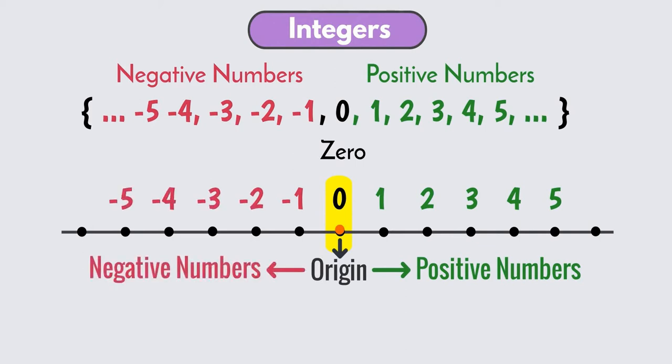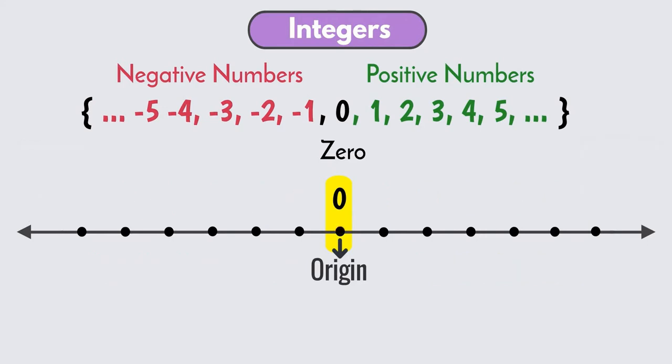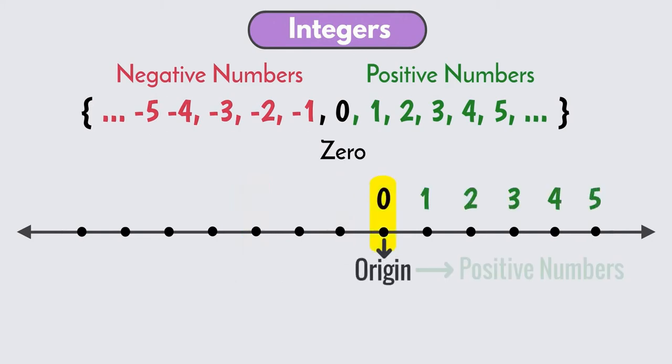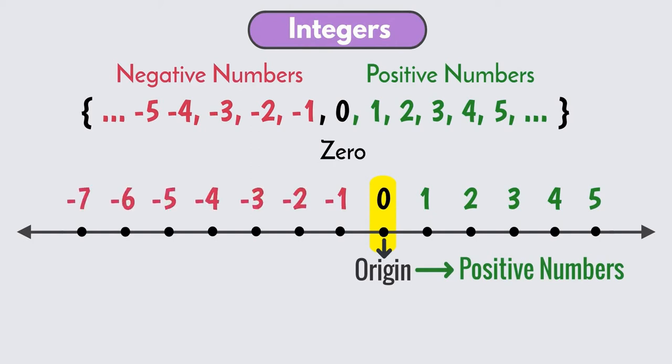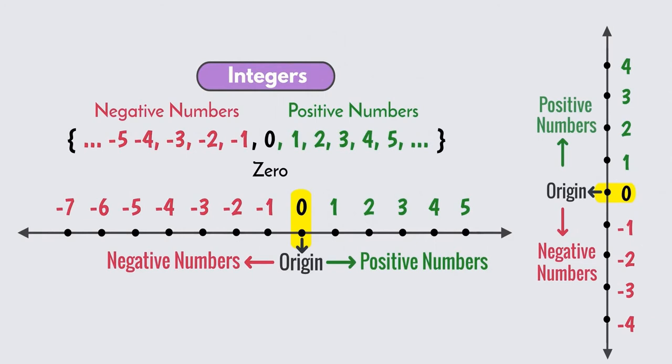left of the origin. We draw arrowheads at both ends of number line to denote that integers are infinite on the negative side as well as on the positive side. It is not necessary to mark 0 at middle always. As per the need, we can mark origin at any point, but we should always show positive integers on right and negative integers on the left of the origin. Remember that the number line for the integers can also be shown in horizontal direction as well as in vertical direction.